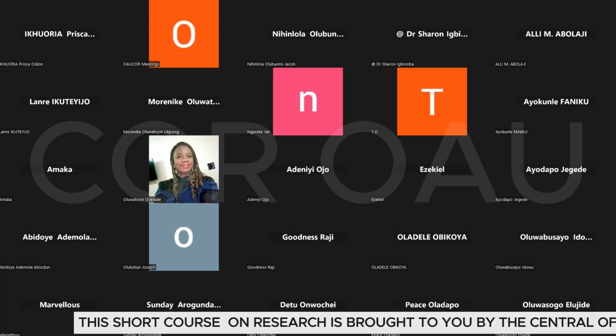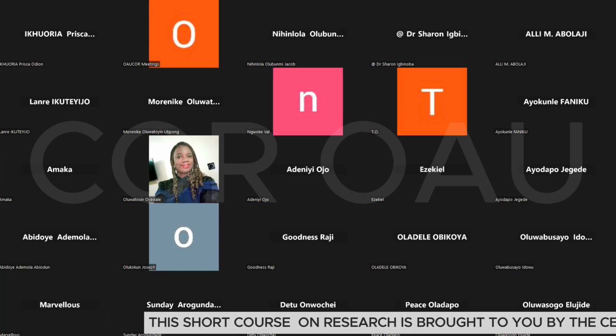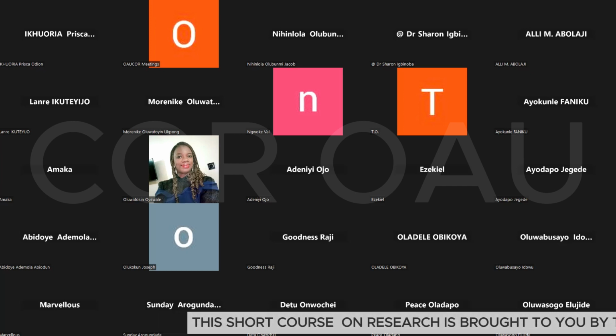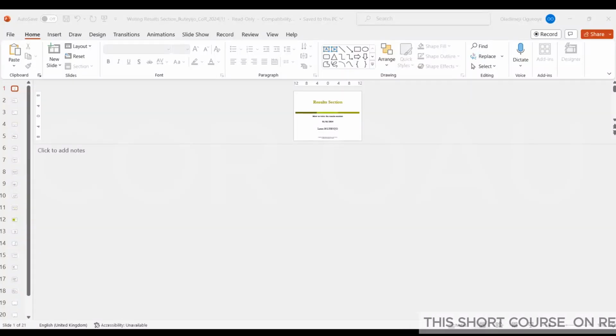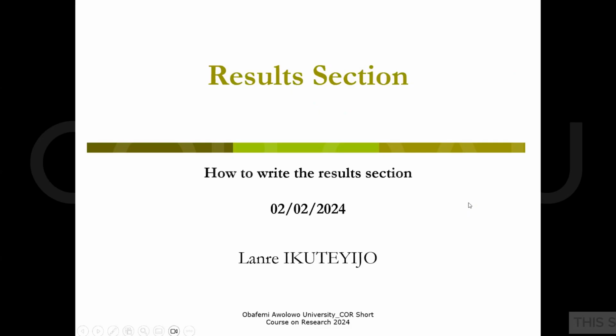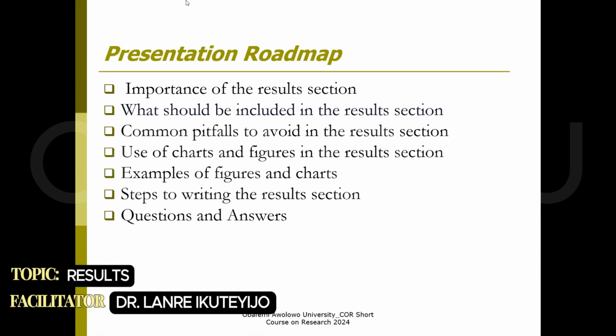So for the presentation roadmap, we'll be talking along this line. Sorry, I will need to run a bit because of our time and because of some other events that have been lined up after this program. So we'll quickly look at the importance of the result section, what should be included and what should not be included in the result section.